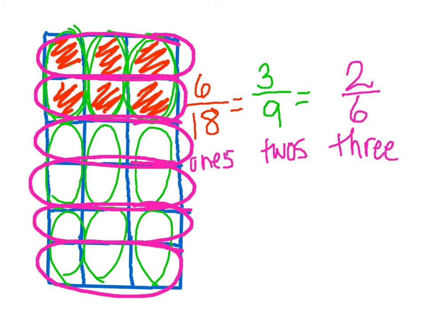Now, is there anything else that we can count by to group up here? Are there any other factors of 6 and 18 that are common? Well, we've done the 3. 4 doesn't work. 5 doesn't work. Does 6 work? Yes, 6 is a factor of 6, and 6 is a factor of 18. So let's choose another pen color. See if yellow will show up for us. And we're going to circle groups of 6 and see what we come up with. 1, 2,